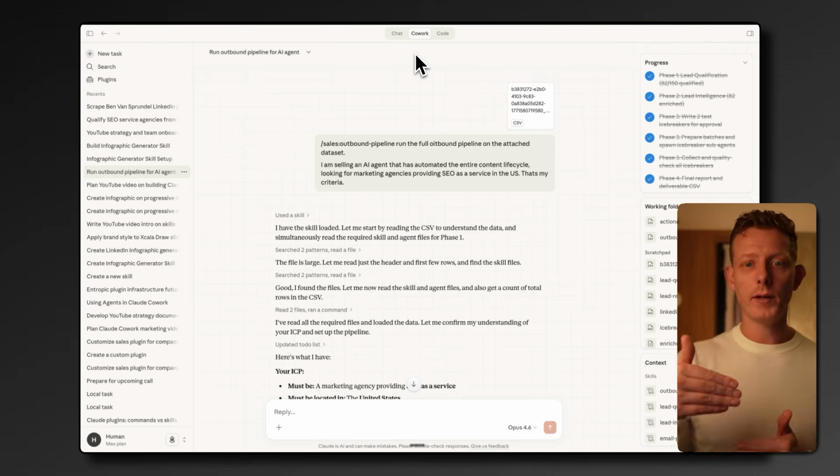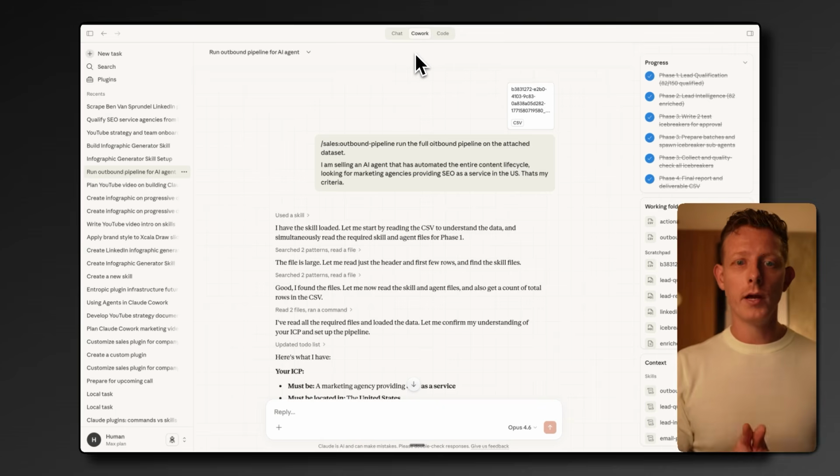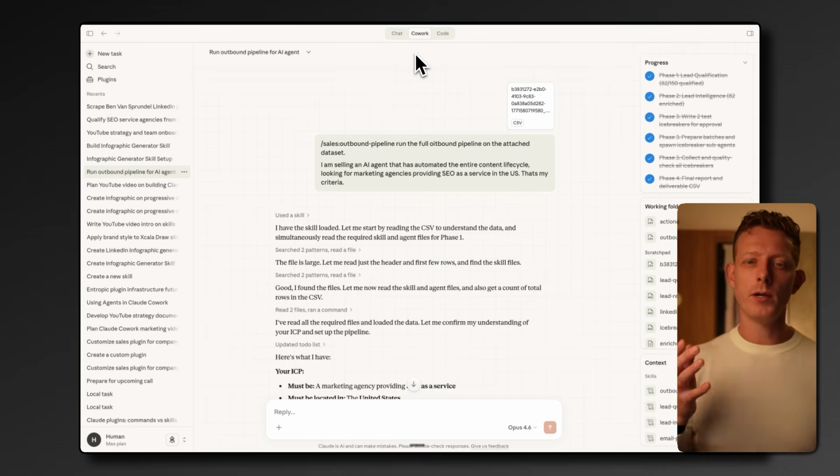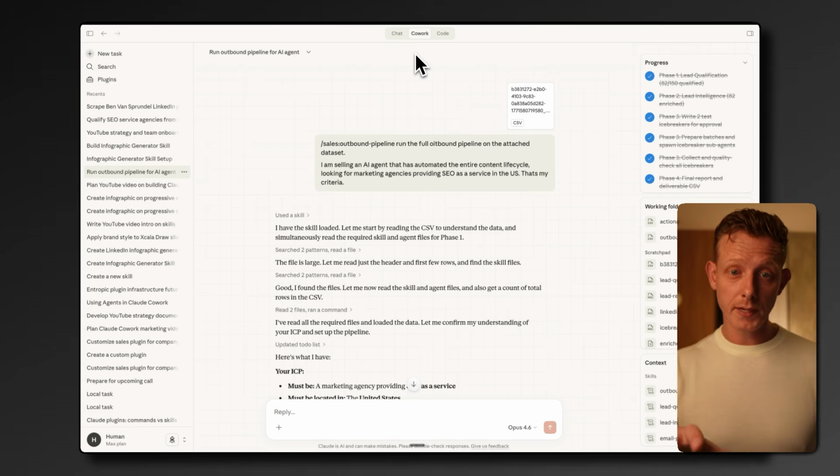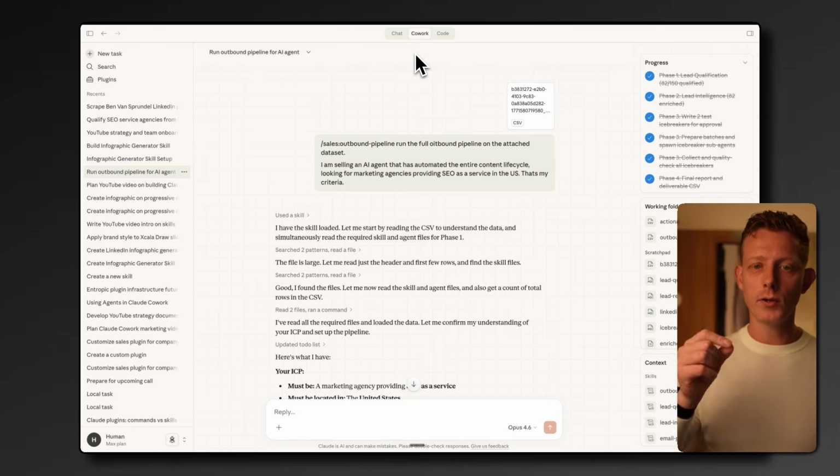Using agents is a little bit more advanced, but even if you're new to Cowork, you should be able to follow this. If not, I recently launched a full beginner tutorial, which I'll make sure to link in the description below too. Now, before explaining exactly how these agents work, let me show you a quick example of what they